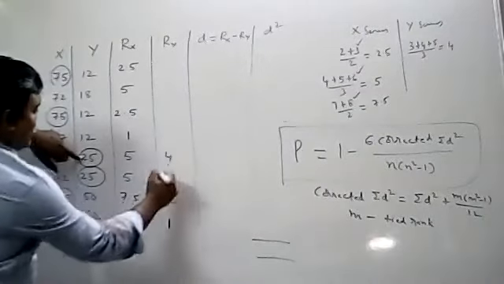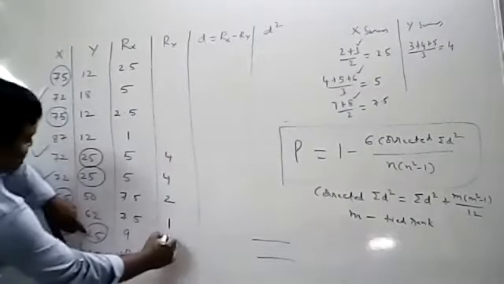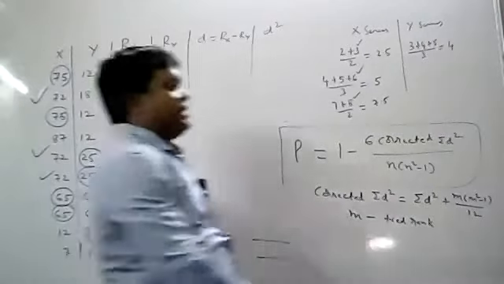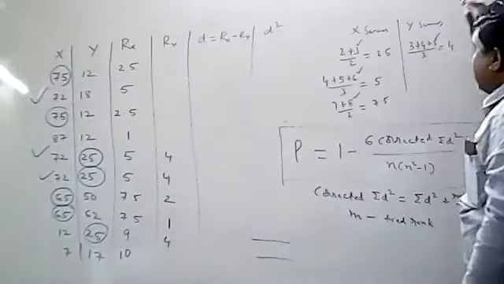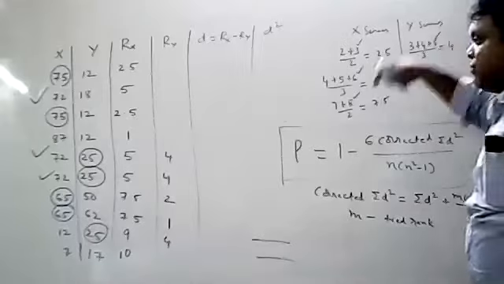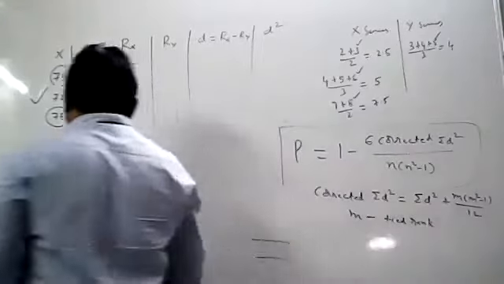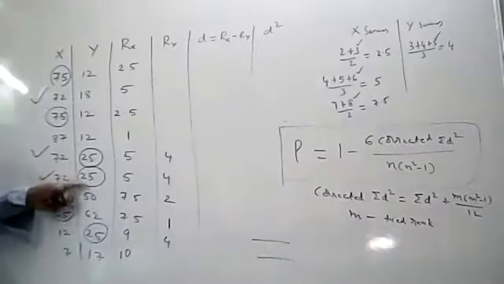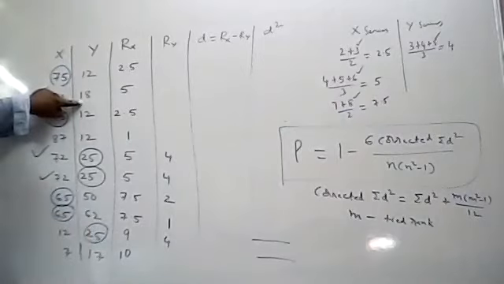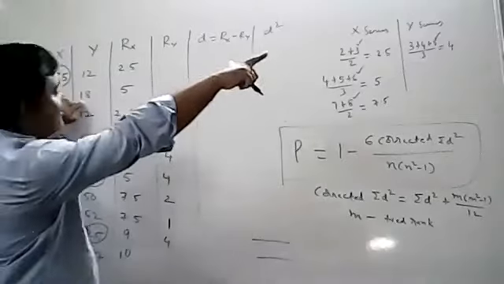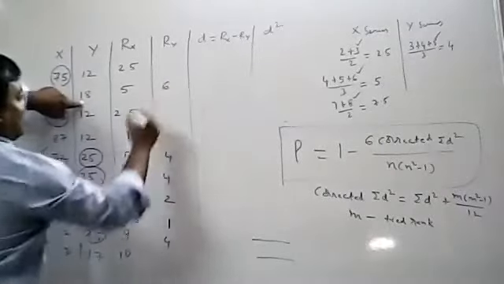So 25 rank number 4, 25 rank number 4, 25 rank number 4. Now how many ranks are finished? 5 ranks are finished. Now you have to assign 6th rank. Next highest value after 25, what is the highest value? Highest value is 18. How many times is 18 there? 18 only 1 time. So already 5 ranks are finished, so 1 time means the 6th rank you can directly assign.